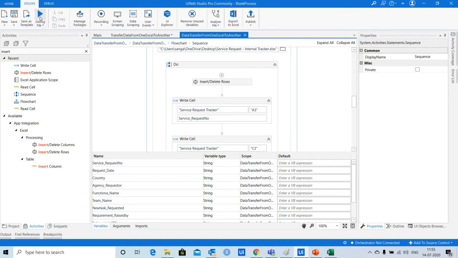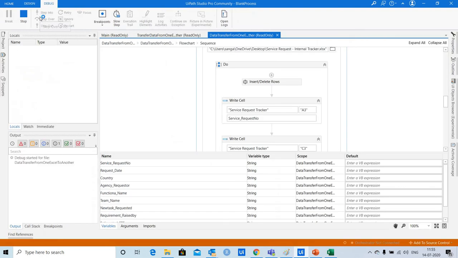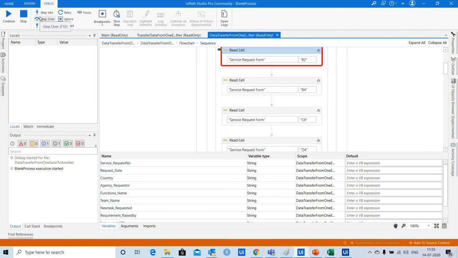Let's debug the program now, and let's see any compiler errors and other errors.